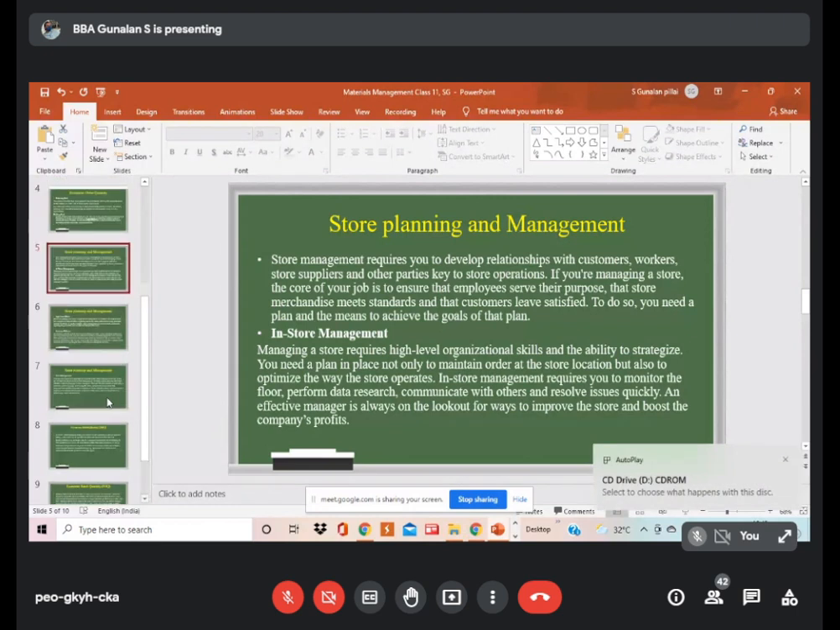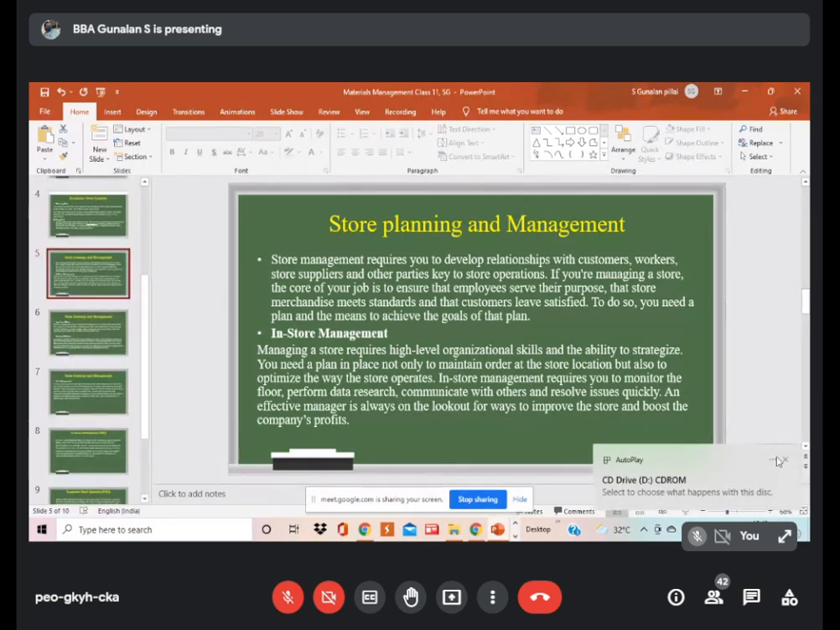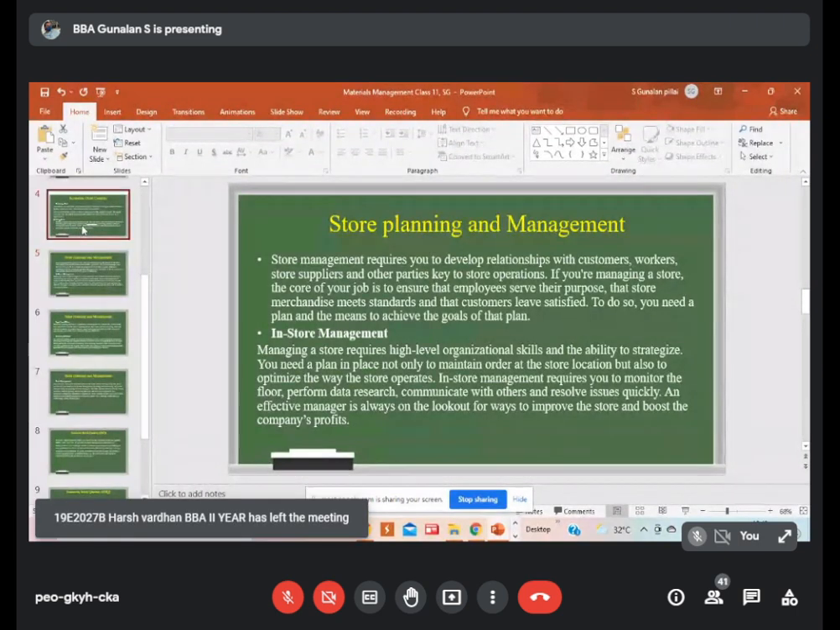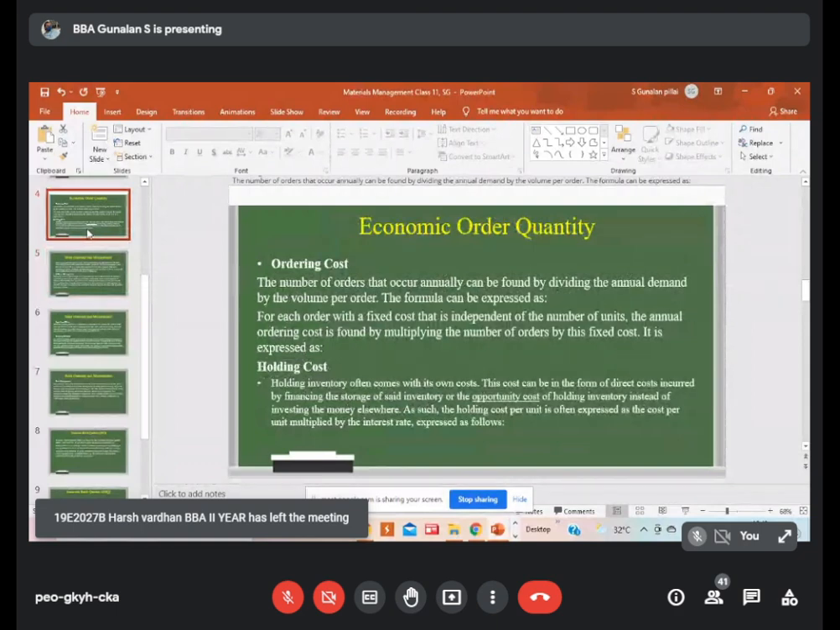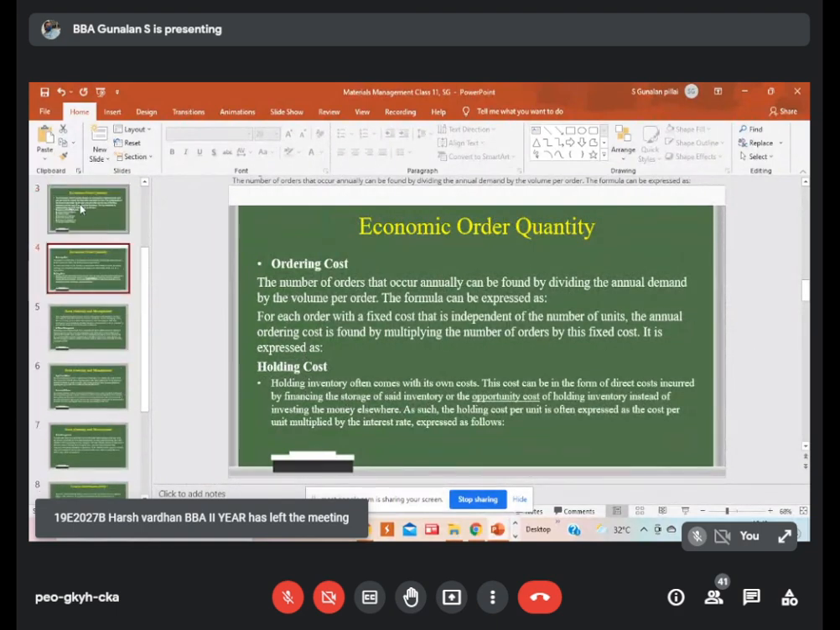This may be a little boring for you, but you have to understand it. The importance of economic order quantity, you should know that. This is how it works. In the economic order quantity,